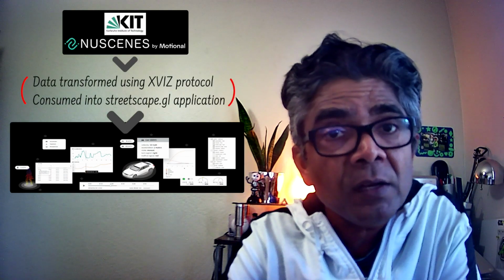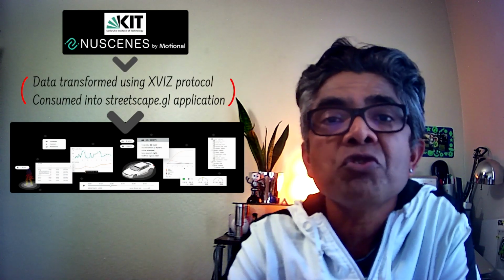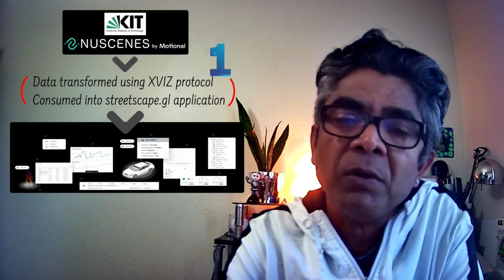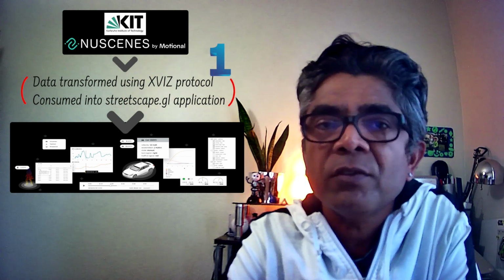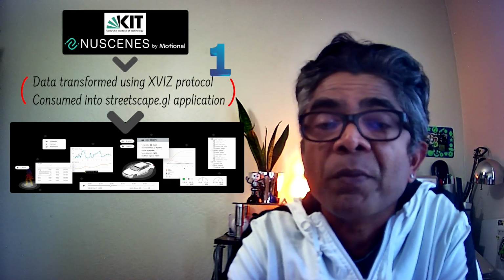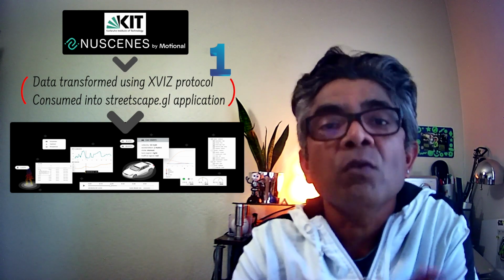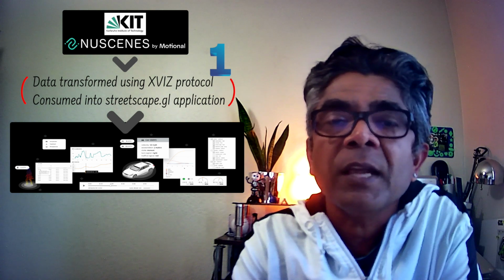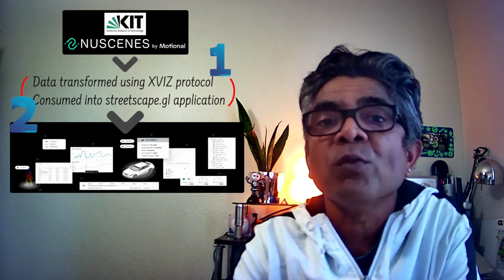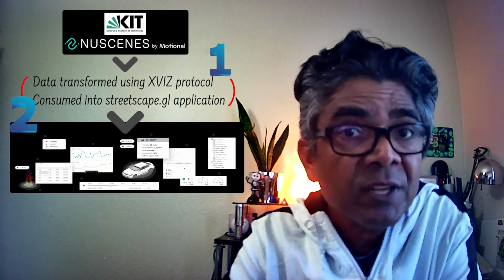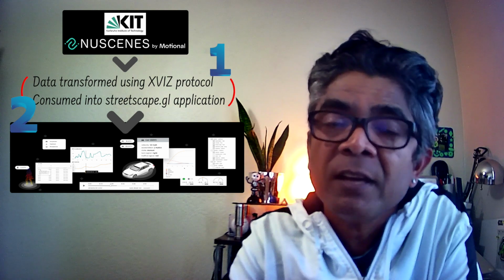In this tutorial, we are going to do two main things. First, we are going to download the XVIZ Protocol transformed data available from open source websites, and then that data is downloaded locally. Then we are going to consume that data into the Streetscape open source project so we can visualize all that data. You will have opportunity to work with NuScenes as well as the KITTI dataset in this